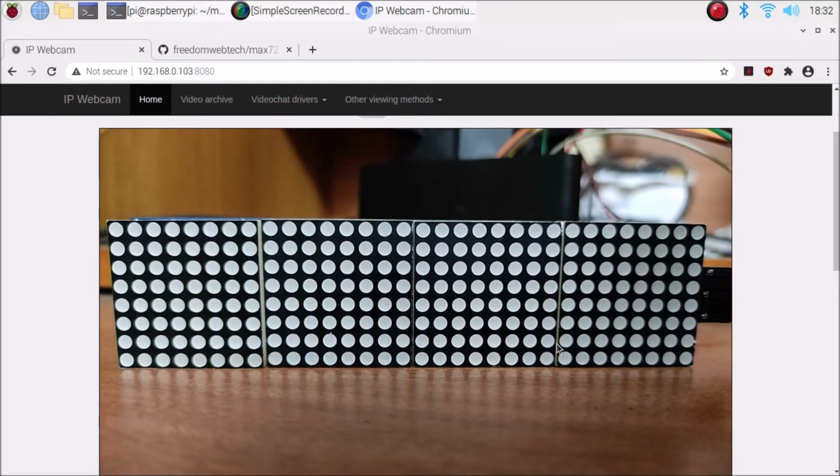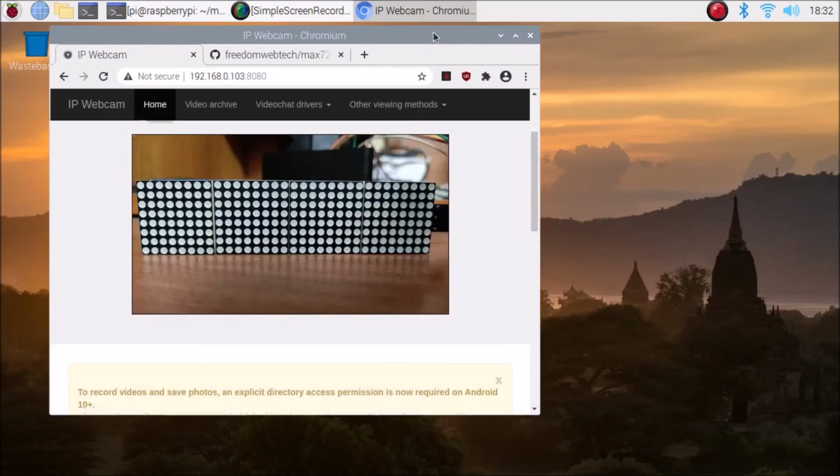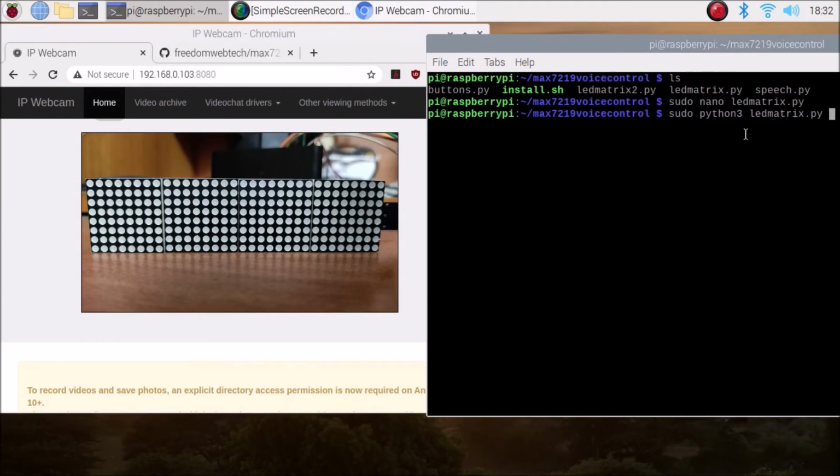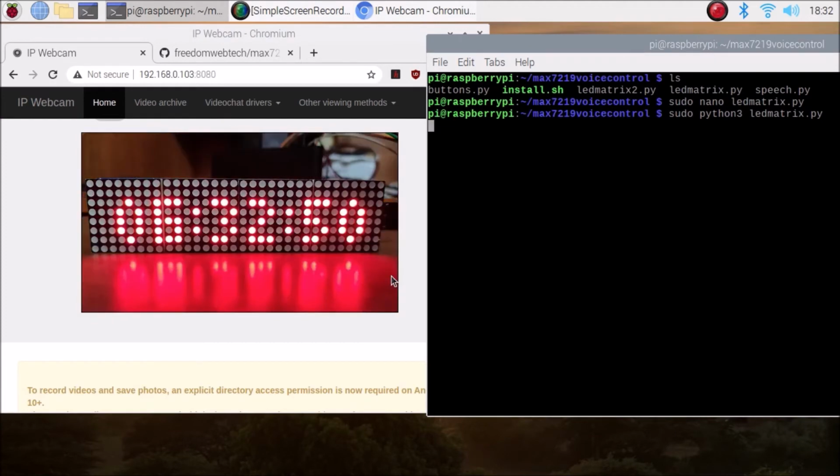Also, friends, I have our IP webcam here for showing the display live. As you can see, this is our display live. I am going to position it like this, and this is our terminal here. Now I am going to run the script, and after running it our time will be shown on our screen. If I hit enter, as you can see the time is on our display. I am going to make a dark frame here, so give me just a minute.